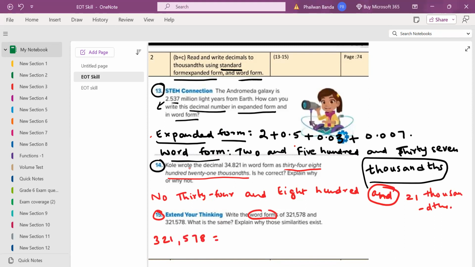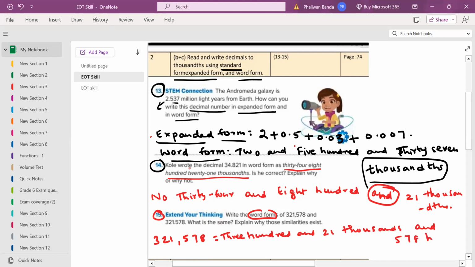So word form is 300 and 21,000 and 578. Okay, because you don't have the decimal point, but 321.578 is